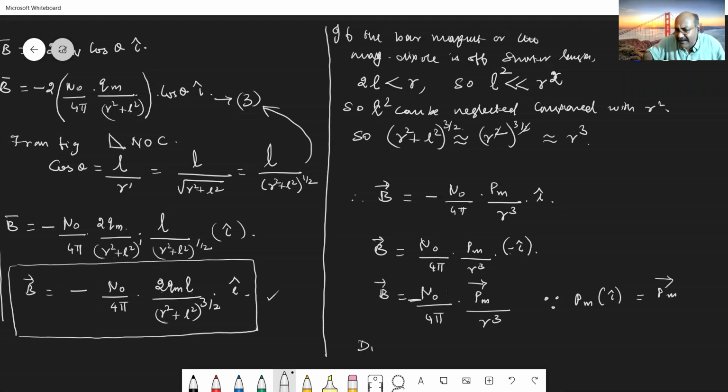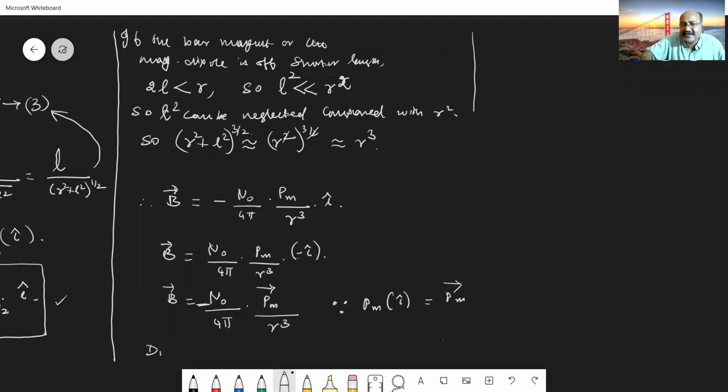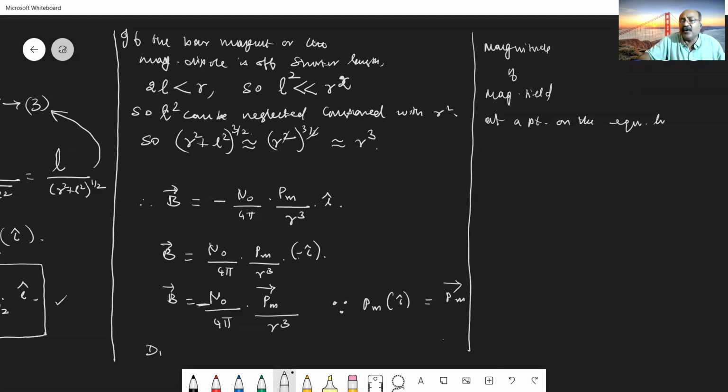So this gives you the magnitude. This alone is giving you the magnitude of the magnetic field. So therefore, what is the conclusion? I can write like this: magnitude of magnetic field at a point on the equatorial line of the magnetic dipole, B equals mu 0 divided by 4 pi into PM divided by R cube,